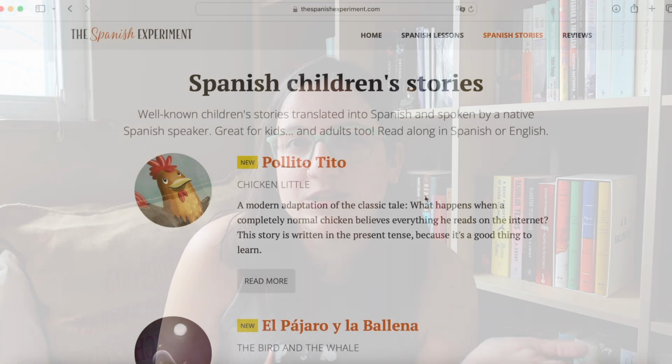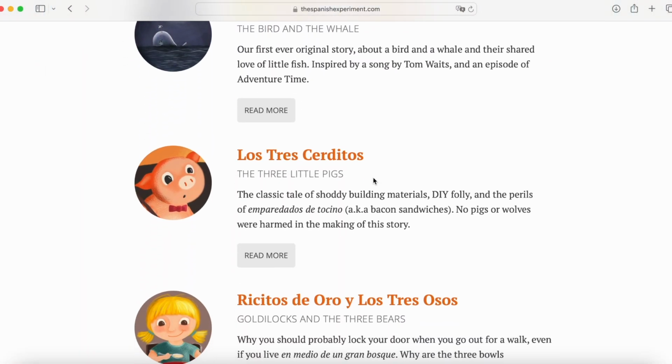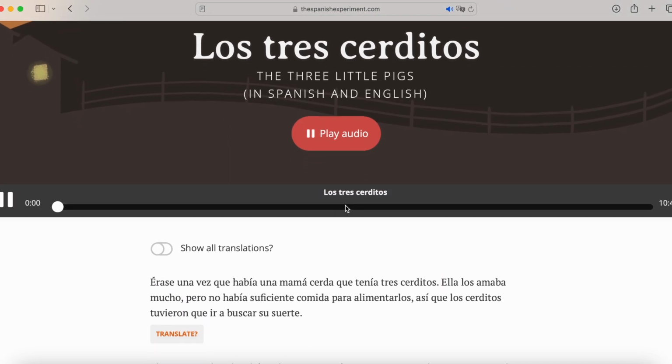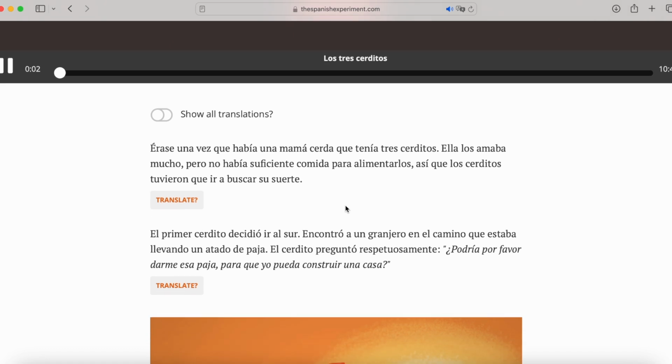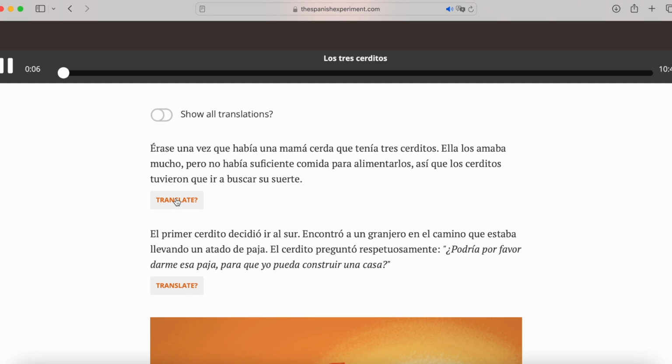Stories or articles that you can read online. My number one recommendation, again, going back to fairy tales and comfortable stories, is thespanishexperiment.com. It is free. They do have a kind of premium site called The Fable Cottage, where they are continuously producing additional stories, and that one is a paid membership.